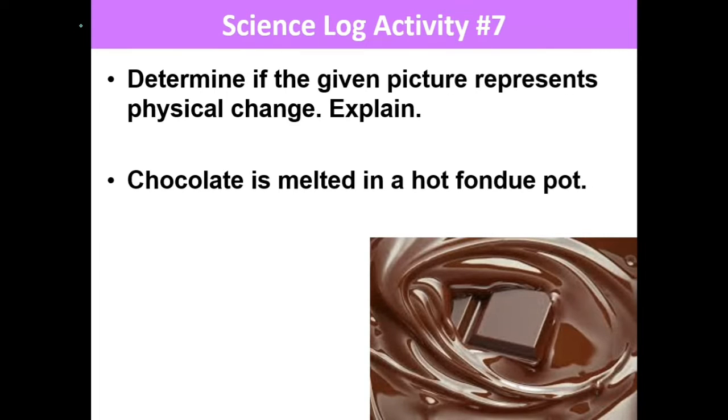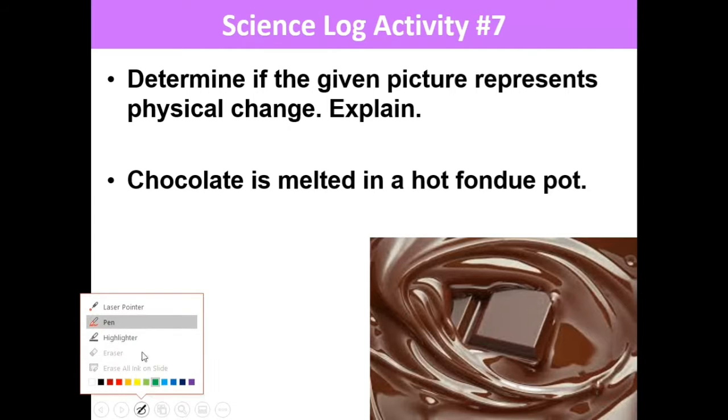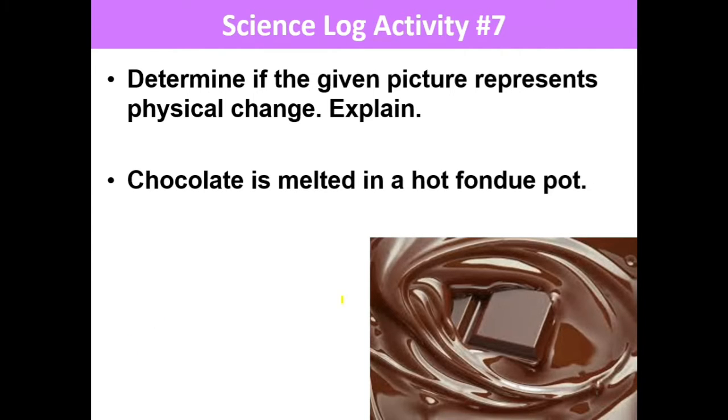Before we begin, I want you to start with Science Log Activity number 7, which is about analyzing what you see inside of this scenario. Determine if the given picture represents any type of physical change, and you need to explain. The question that I put is: chocolate is melted in a hot fondue pot. I want you to pause this video and write down your explanation. All right, once you guys did that,